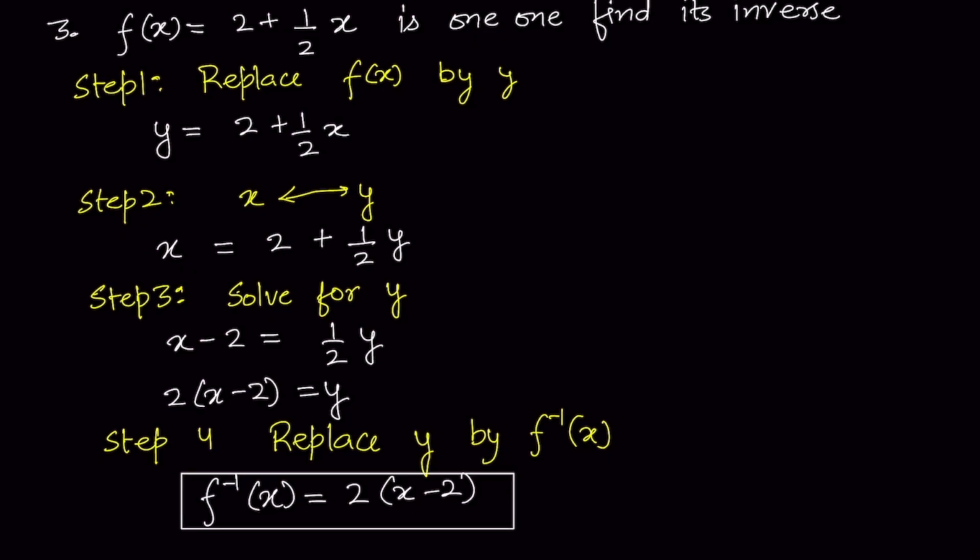Let's practice some more problems. So each of these problems, first try by yourself, and then if you feel stuck, you can check back. Let's say f(x) equals 3x divided by x plus 1 is a 1-1 function, and we want to find out its inverse. So step 1,